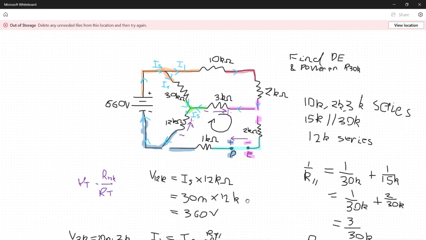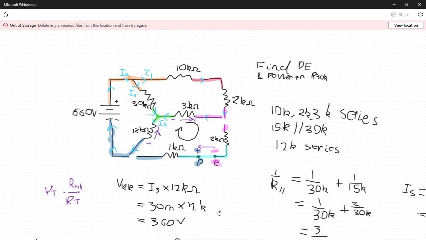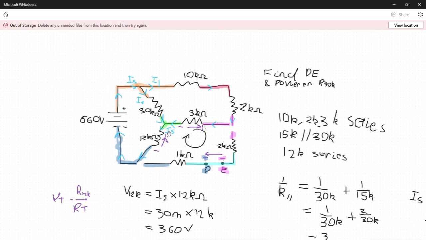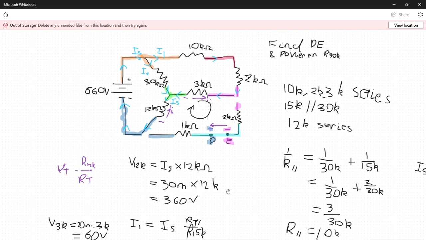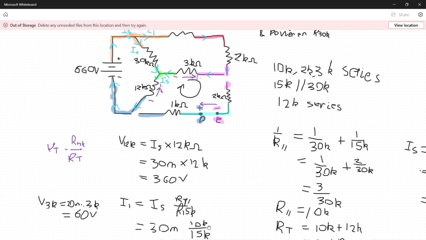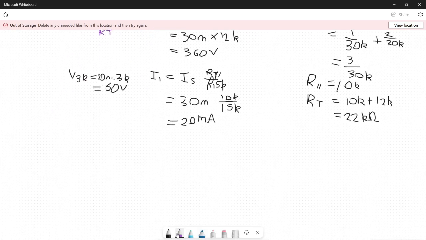So what we're going to get is our equation. You notice all three arrows are going the same way. So it's going to be equal to V12K plus